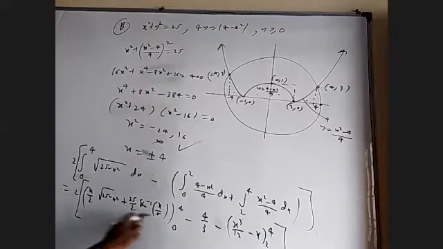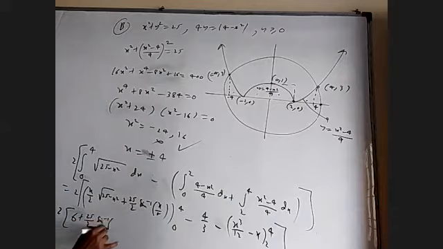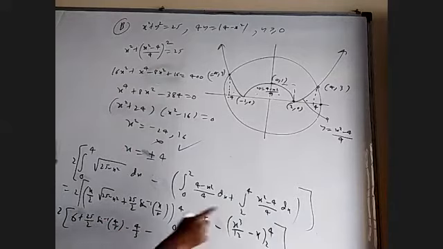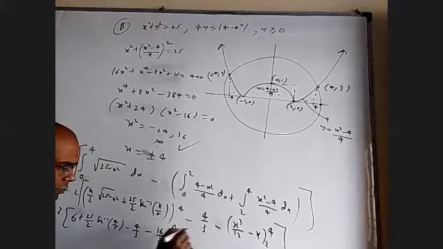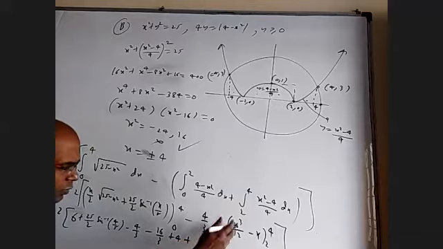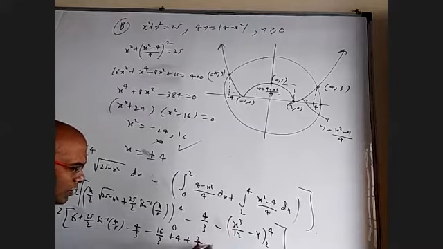When I put 0 here, everything is 0. But when I put 4, it is 2 times 4 by 2, which is 2, and this is 3, 6. Here it is 25 by 2 sine inverse 4 by 5. This is minus 4 by 3. Coming to this, when I put 4, it is 16 by 3 plus 4. When I put 2, minus or minus will be plus. When I put 2, it will be 8 by 12, which is 2 by 3. Here minus 2.